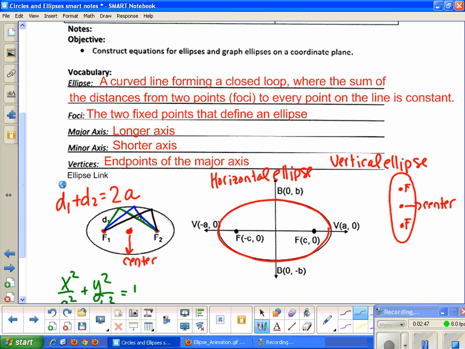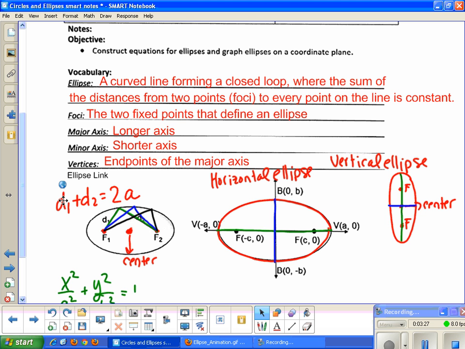So this one's called horizontal because the length of the major axis, which is this right here, is longer than the length of the minor axis, which is on the y. So because the major axis length is longer on the x, that's why it's called a horizontal ellipse. And over here, this would be the major axis because that distance is bigger than this distance. That's why it's called a vertical ellipse. So the major axis would be the one in green for the vertical ellipse, and the blue would be the minor axis. So the major axis is always the longer axis, the minor axis is always the shorter axis, and